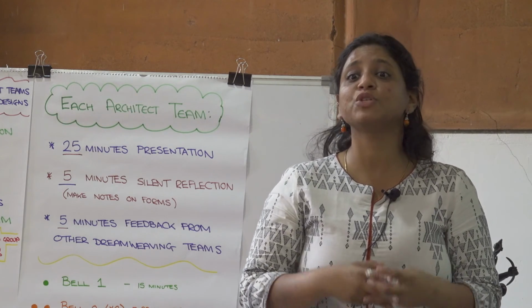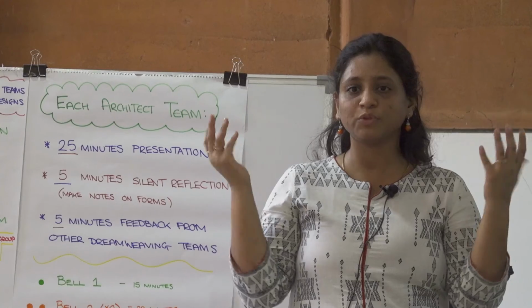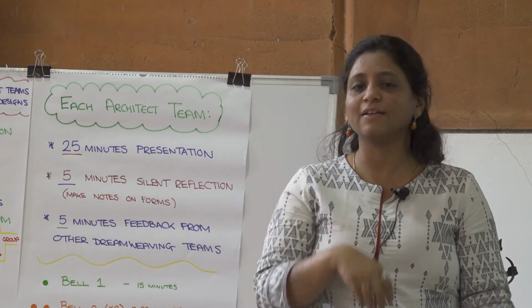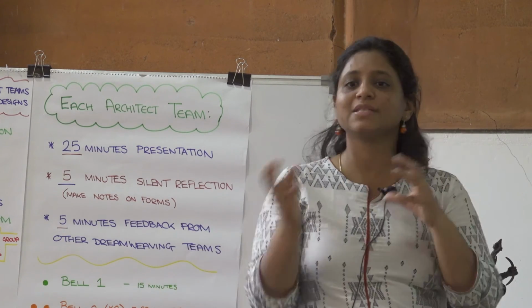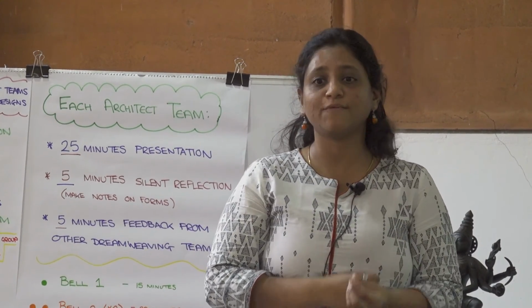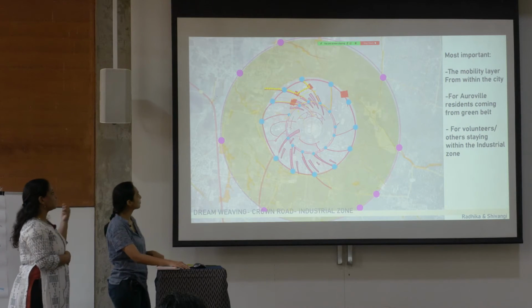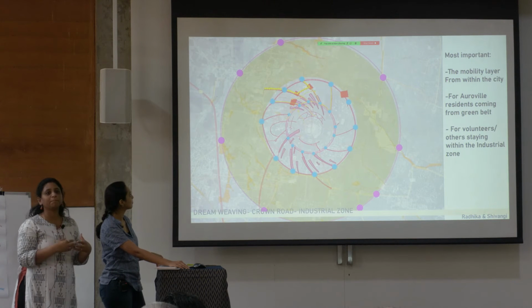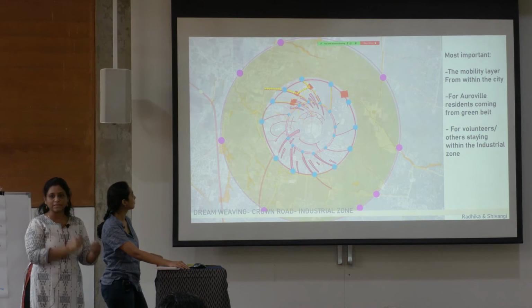We are going to have most of us working in the industrial zone, and the connections from the villages will still be there, but it won't be directly proportional to what it is today. If we are 3,000 and we have 10,000 or 7,000 workers, that won't be the same kind of proportion. So as we move forward, we really need to look at many more connections within the city. For now, we thought we can have our cycle paths and footpaths remain the same, so that we keep investigating how we connect within the city.